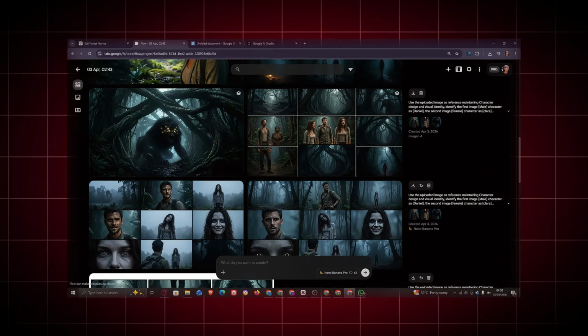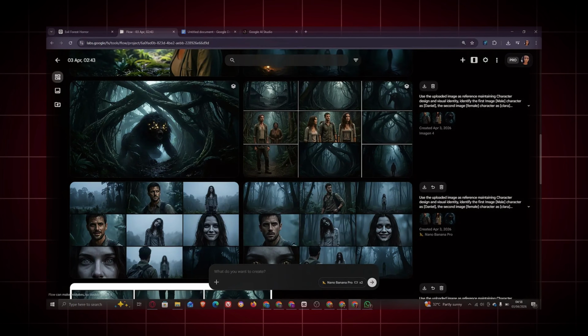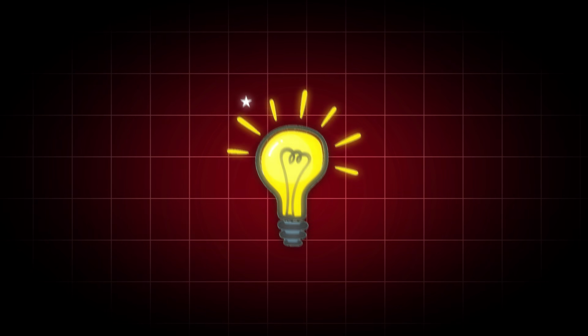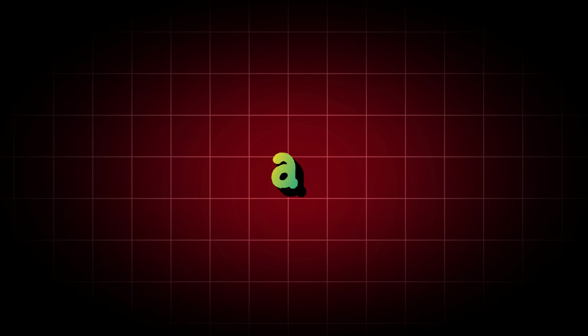I uploaded a video last week showing how to generate a storyboard using Flow AI, and a lot of people asked me to explain the process in more detail. Some also requested the full script. So in this video, I'm going to walk you through everything properly, with a more detailed explanation and a step-by-step